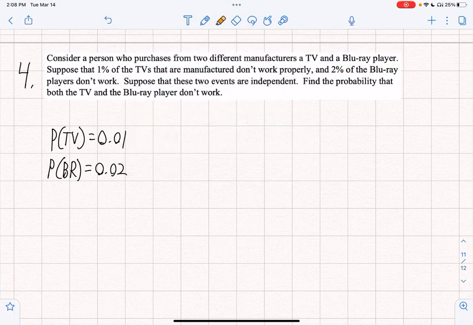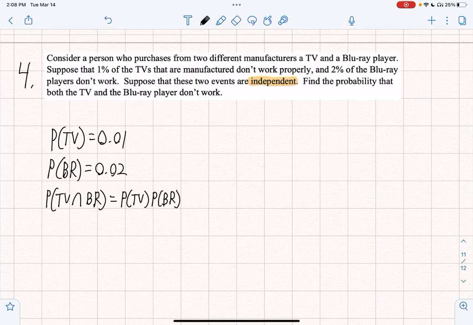Okay, suppose that these 2 events are independent. That is just given to us. So find the probability that both the TV and Blu-ray player don't work. So we buy a TV and we buy a Blu-ray player. What's the probability both do not work? So I'm going to say this is the probability of TV and Blu-ray player. And we are told that these two events are independent. So if they are independent, we know that we can just write this as the probability of TV times the probability of Blu-ray,